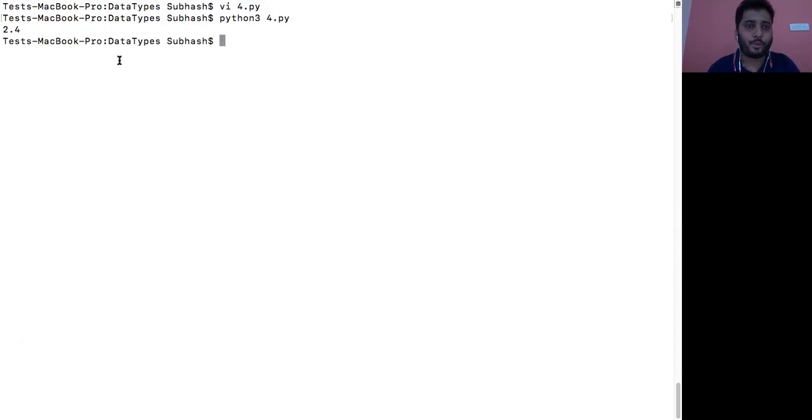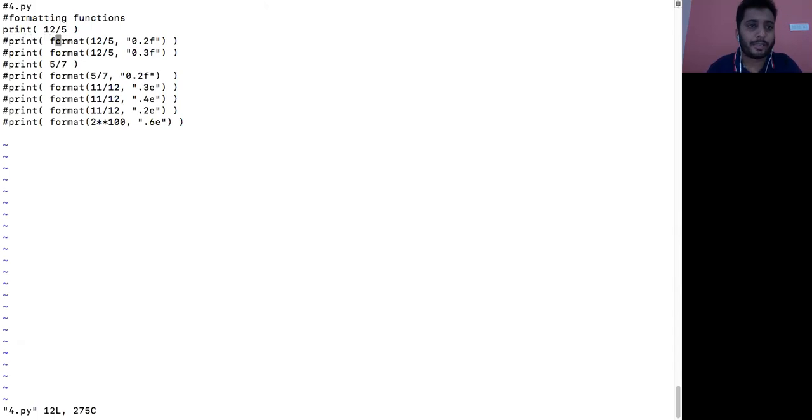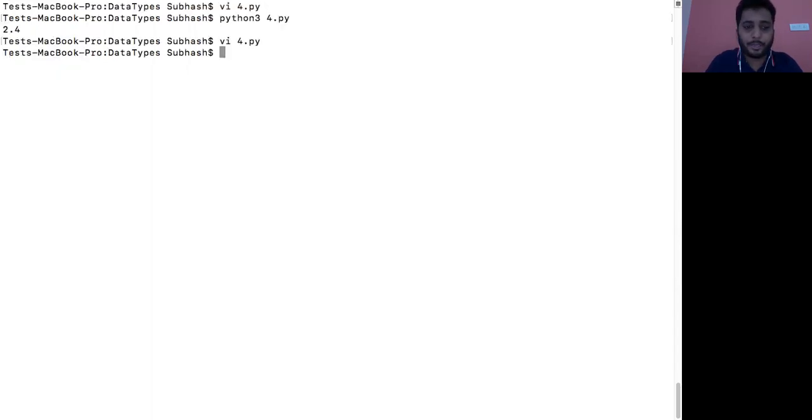Now, if I want it as 2.40, that is, I need two places after the decimal point, what will I do? I'll have to do a format. So that is done in the next line. I'll say format the output of 12 by 5, and give me the format in two decimal places after the point. That is the reason I formatted by saying within a string 0.2f, and this format function would format it, and I'll ask the print to print it. Let me run the program to see whether it works the way we want it to. Okay, yes, we got it.